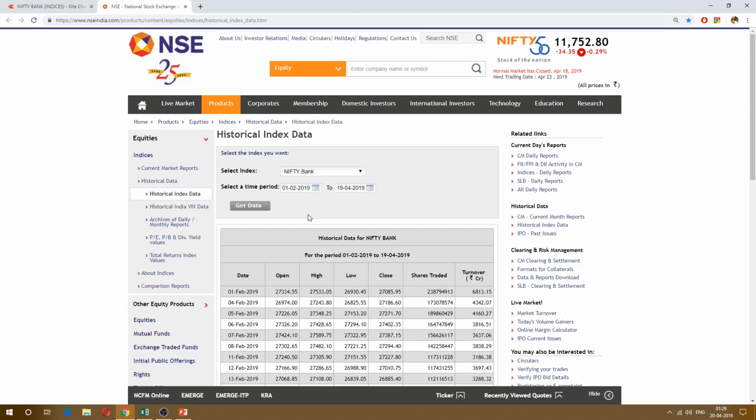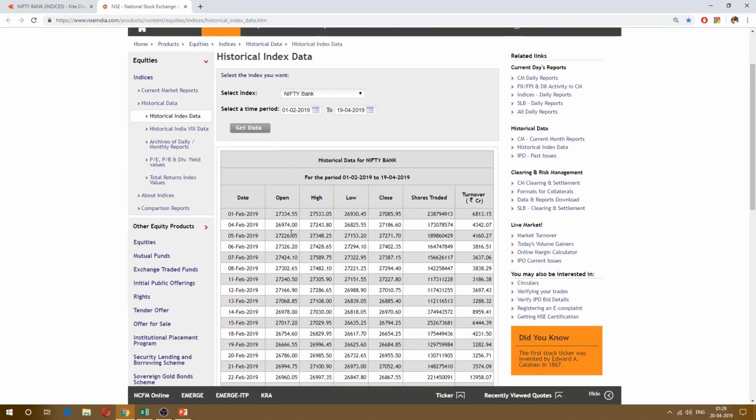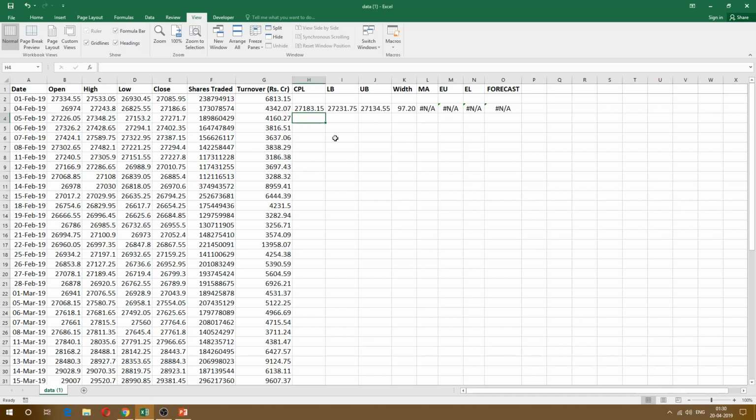I suggest at least 1 month, so that the moving average gives a decent value. It doesn't have to be 1 month, we are using a 5 period, but you will get an idea of what is happening. Unfortunately, you have to download this every day for the next trading day, so this is a preparation you need to do manually. Once you're here, you will get the date, open, high, low, close, shares traded,